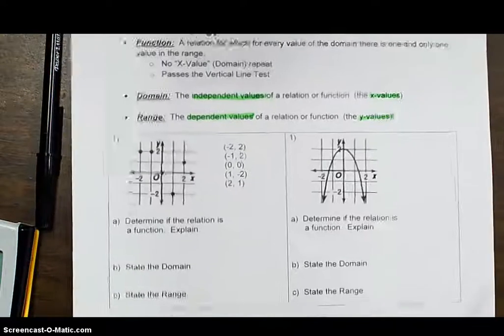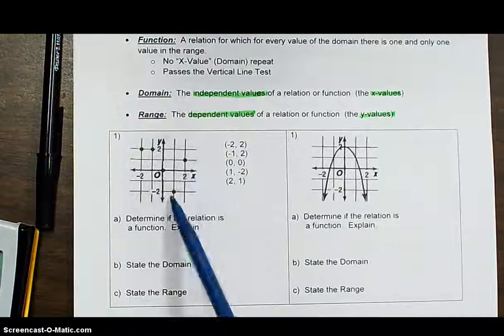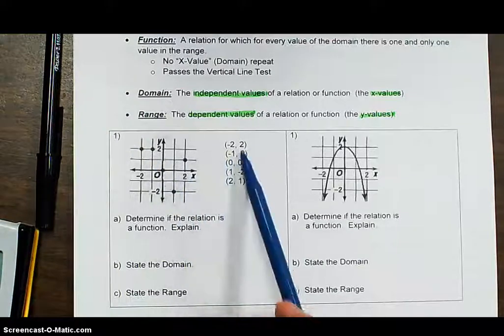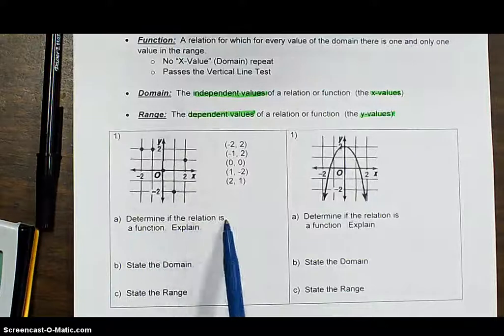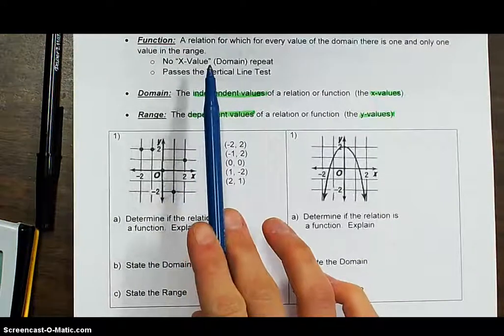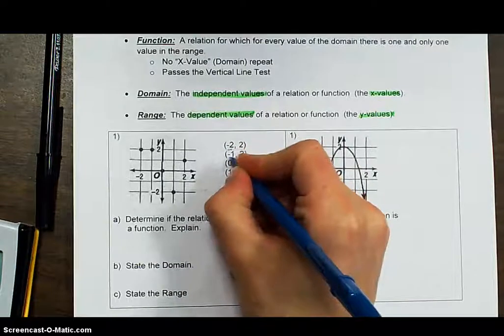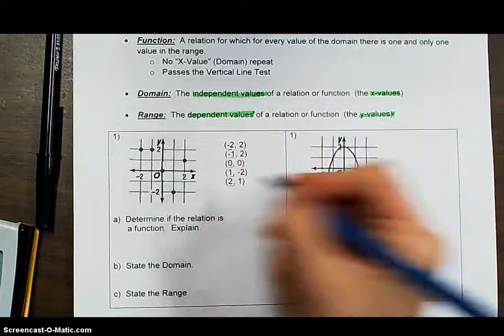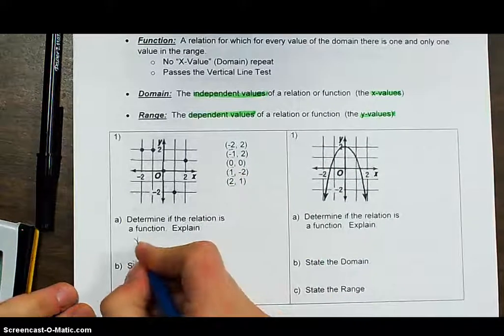In our first example, we see that we have a graph with a bunch of different points, and your points are all listed to the side. The first step is to determine if the relation is a function. We can do both of these tests. First, I'm going to check out the x values: -2, -1, 0, 1, and 2. Do any of those repeat? Nope. So I'm going to say yes,